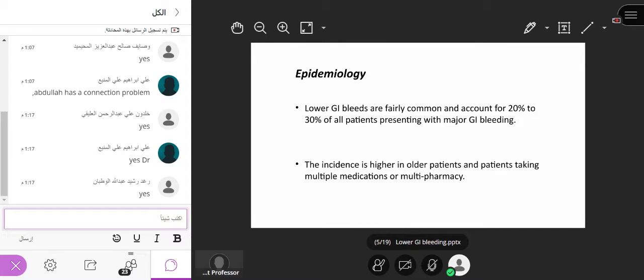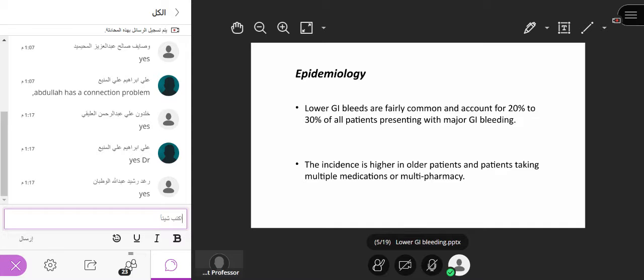So, epidemiology. Lower GI bleed is fairly common and accounts for 20 to 30% of all patients presenting with major GI bleeding. The incidence is higher in older patients and patients taking multiple medications, or multipharmacy, especially NSAIDs. In old people, they have arthritis, osteoarthritis, and other inflammatory conditions which may lead to pain. And because of the pain, we take NSAIDs, and NSAIDs can induce bleeding. So they may present like this, or multiple medications can affect the coagulation mechanism, and that may lead to the